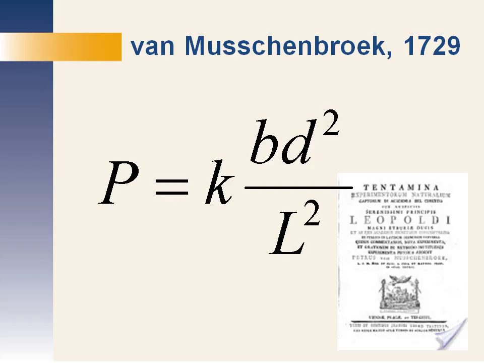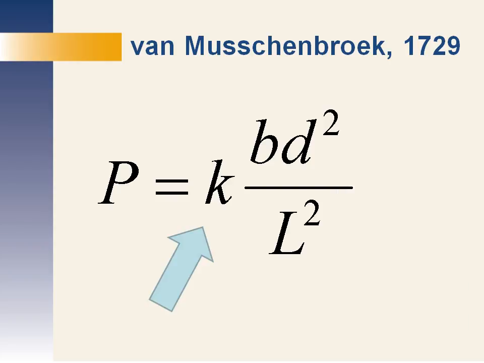In any case, von Musschenbroek gave this empirical column curve in which P is the column strength, B and D are the column width and depth respectively, and L is the column length. K was stated as an empirical factor. We have to give von Musschenbroek some credit. It has a K factor in it. It's lowercase and it's not in the right place, so if he was thinking of capital K, I guess we'll have to say nobody's perfect.